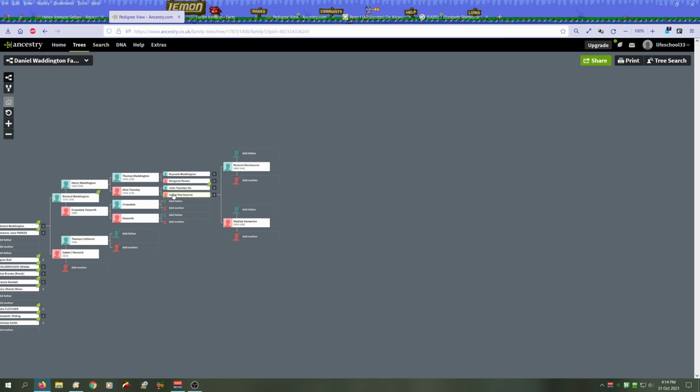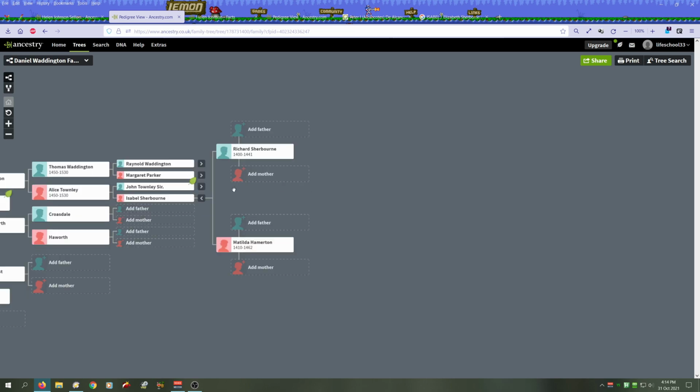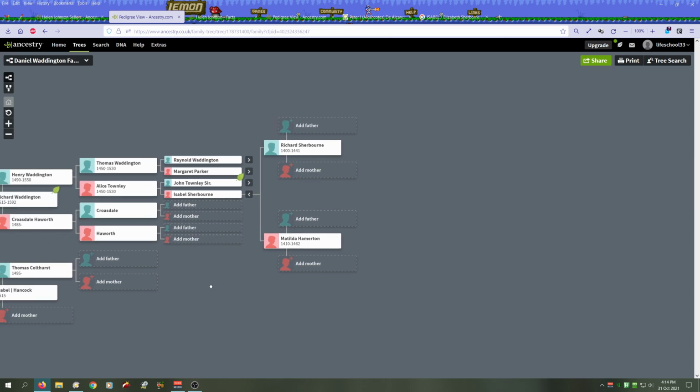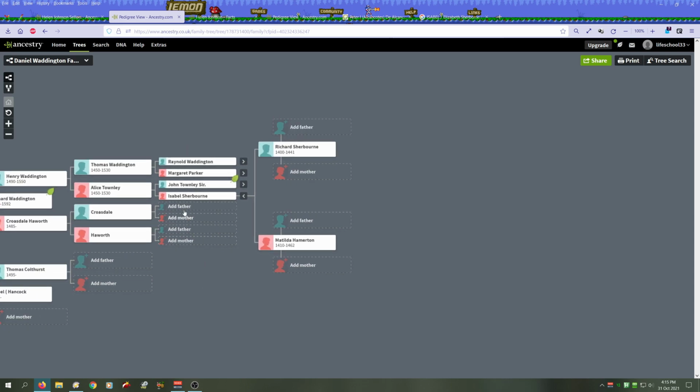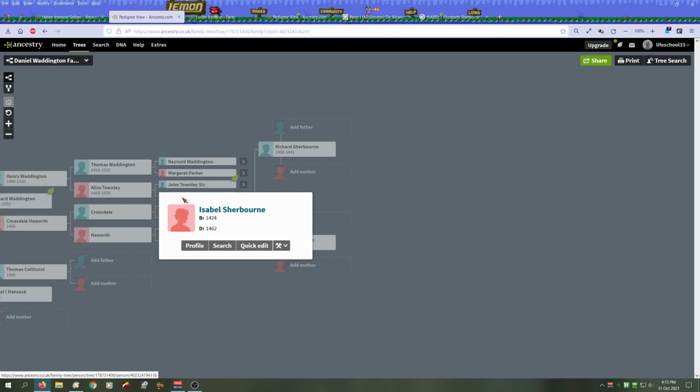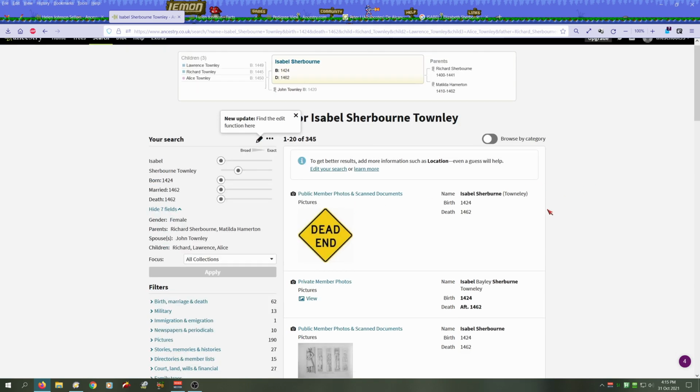Now Sherborne must have some kind of a link to some kind of family which is famous. So we can roll our mouse pointer towards that to find it. You can see no leaves on Isabel Sherborne and no leaves on Richard Sherborne or Matilda Sherborne. But what we can do is click on Isabel, and if we click on search for Isabel Sherborne 1424, that